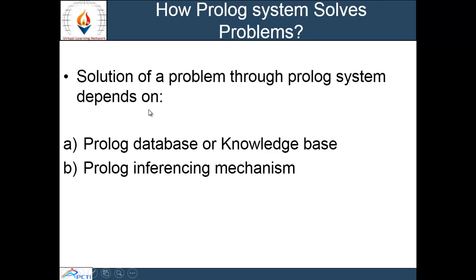Now, how does the Prolog system solve problems? The solution of a problem through the Prolog system mainly depends on the Prolog database, or you can say a knowledge base, and the Prolog inferencing mechanism. The Prolog inferencing mechanism basically consists of backtracking, unification and resolution. Unification means identical data. On the basis of identical data,